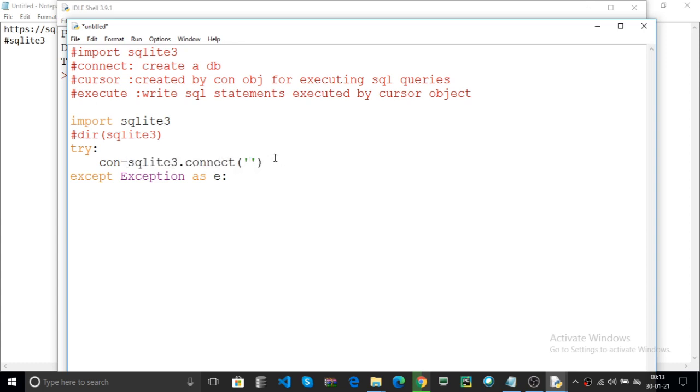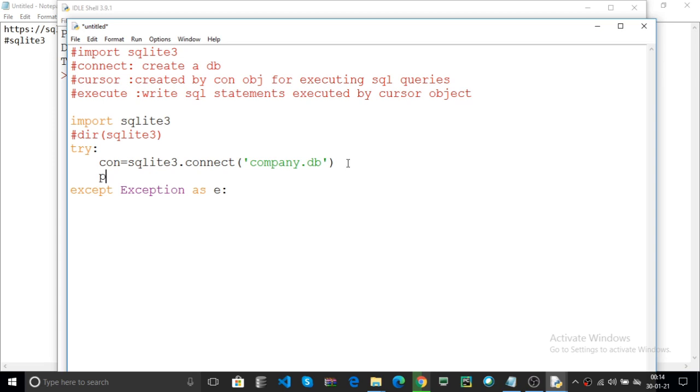Now you can enter your database name, for example company.db. You can also use the extension .sql, and you can also use .sqlite.